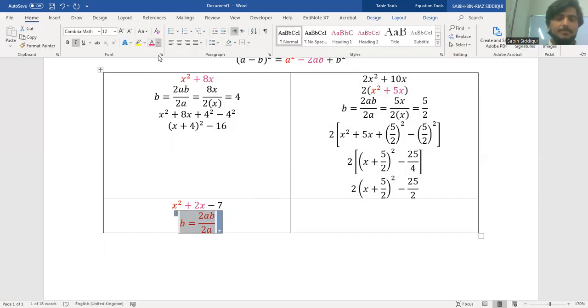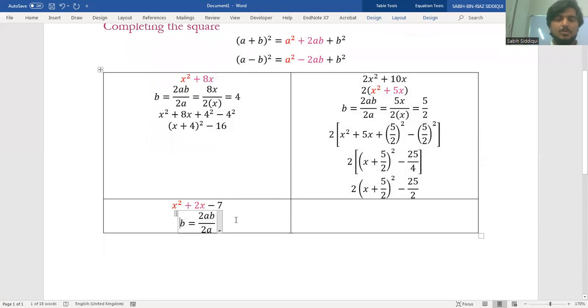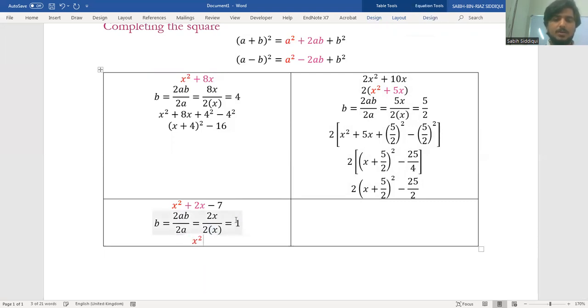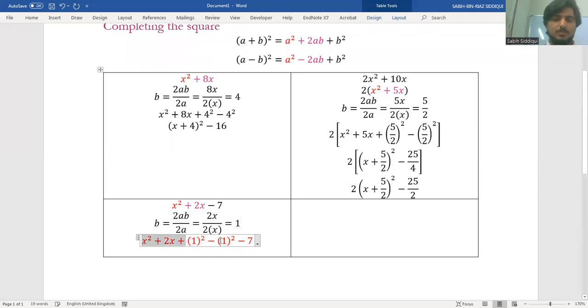What will I end up getting? The term 2ab is 2x, and I divide it by 2, so the number is 1 and a is x. I end up getting b as 1. So x squared plus 2x plus the square of 1, subtract the square of 1, and then minus 7. So then this portion becomes,